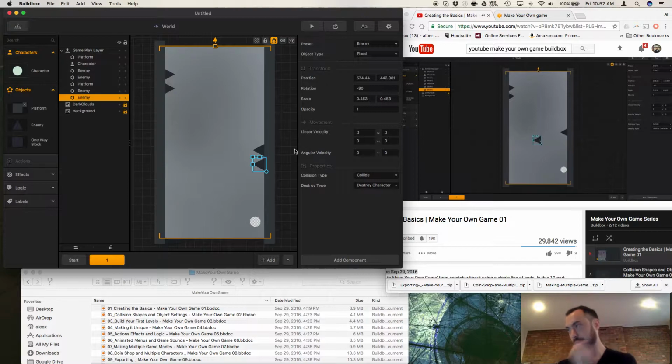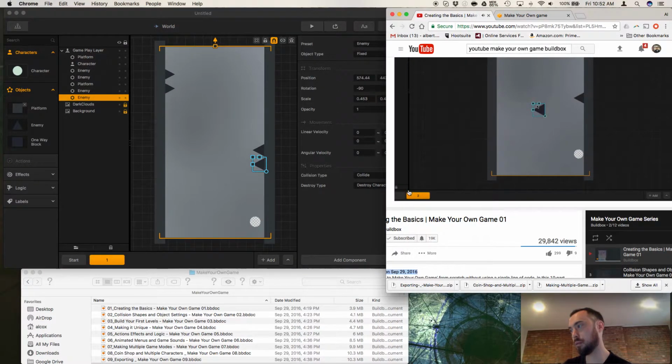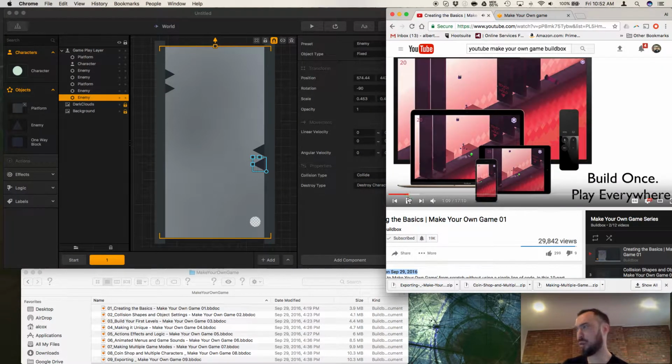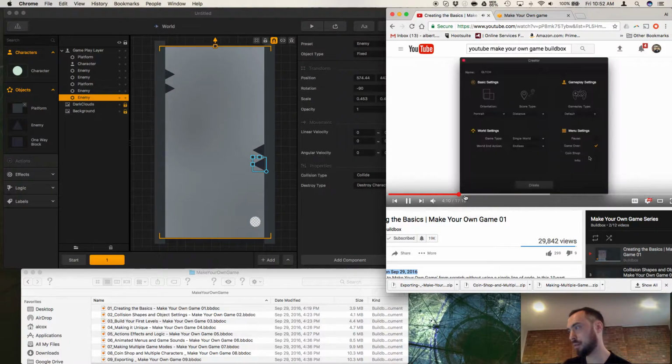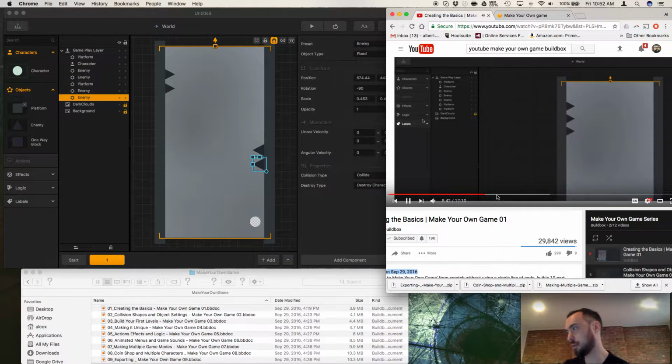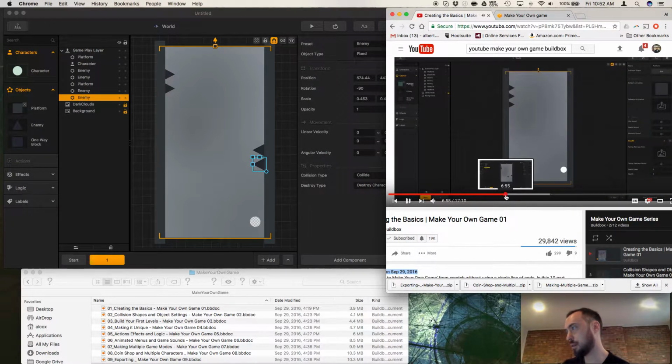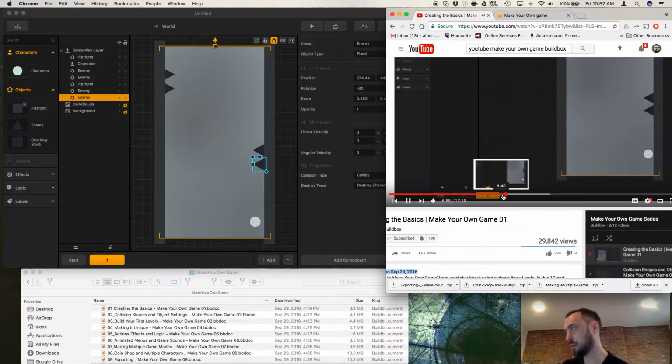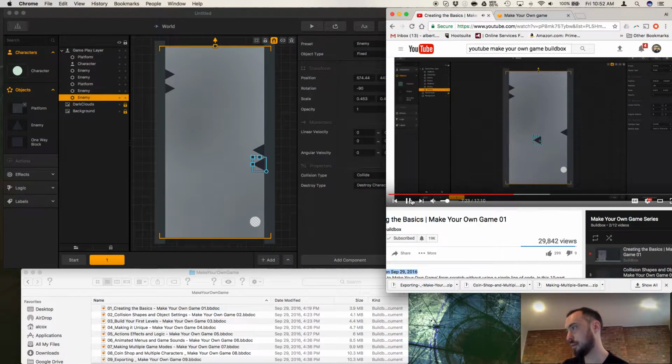You need to duplicate objects using W, A, S, or D. So anything that's in the scene that we want to make adjustments to, we have highlighted. We can duplicate the objects. So duplicating objects seems like a big way Buildbox